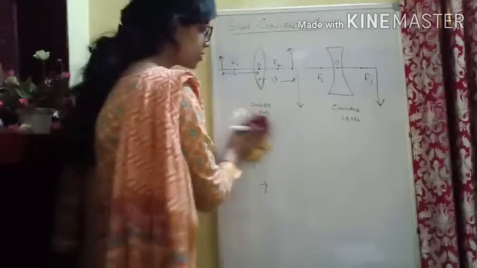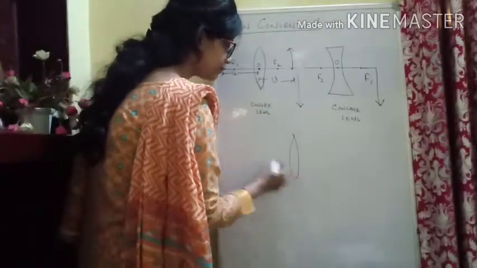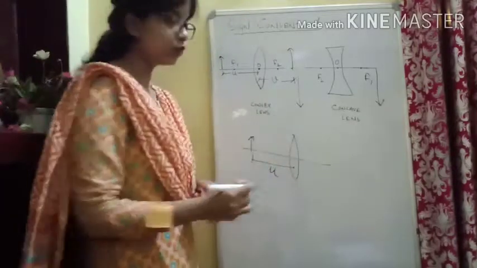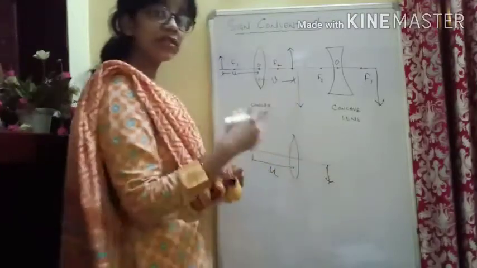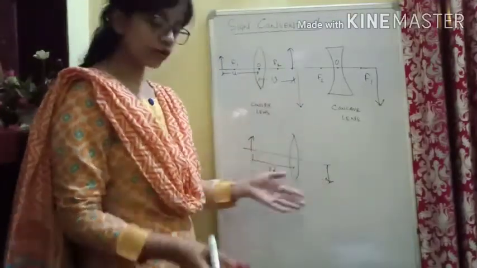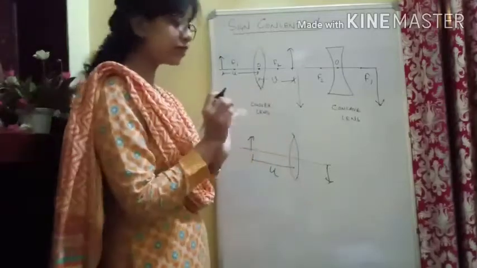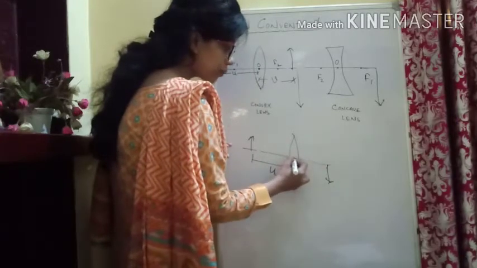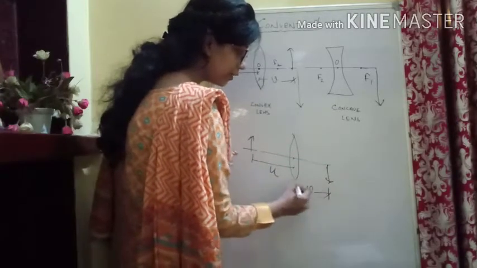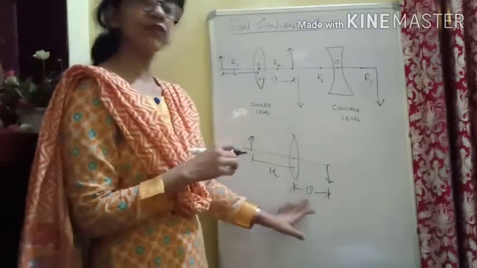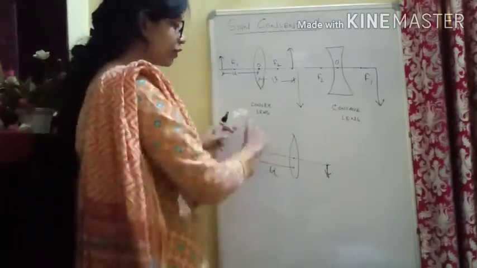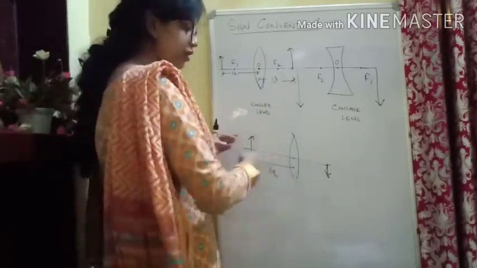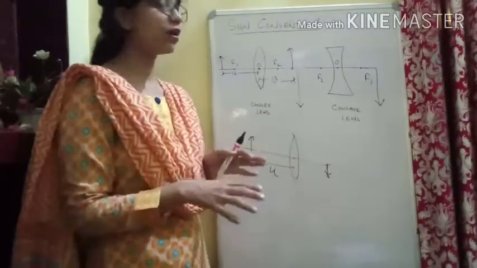Now you need to understand that when we are talking about our lens, and if you are placing an object, this is the distance of object denoted by u, and we are getting the image, whether it is upright or inverted. The distance of image from optical center is denoted by v. Clear? Depending upon the position, we will take it as positive and negative. If we are talking about the height, it will be on positive y-axis or negative y-axis. If we are taking the distance, that will be on x-axis. Hope you all are understanding.